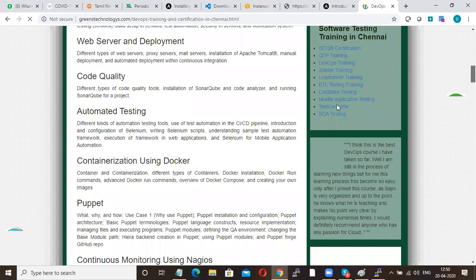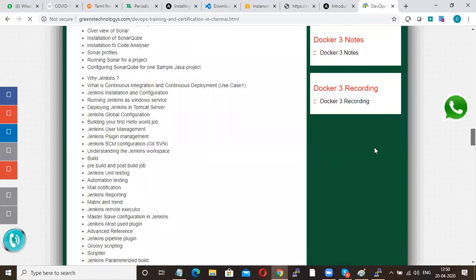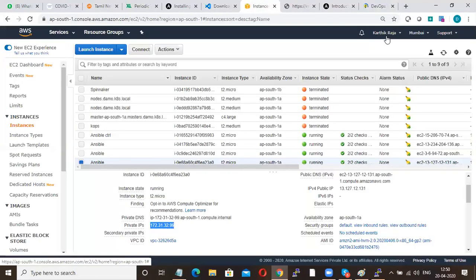Here you will get it. Already you have Git notes, Git recording, Docker 3 recordings, right? The same you will get for Ansible. Some people are asking why we are doing it this way.